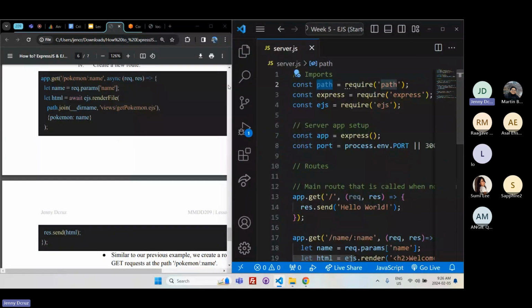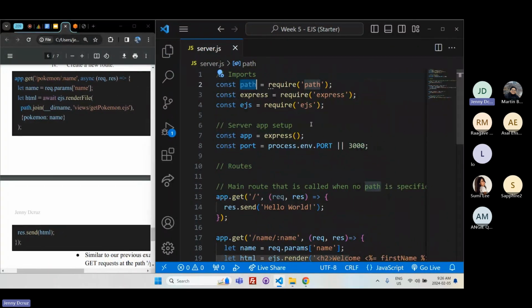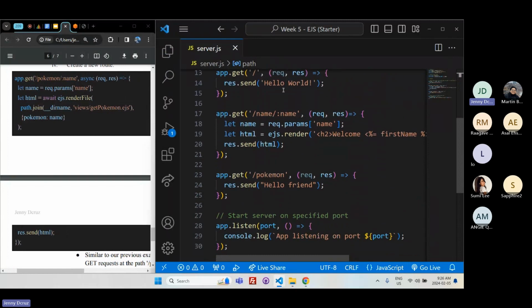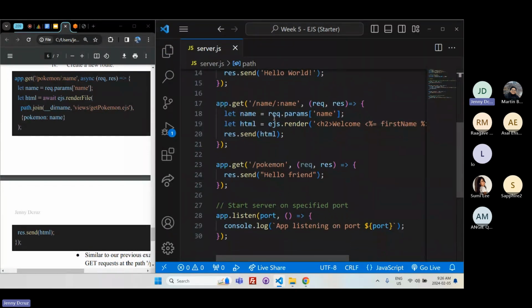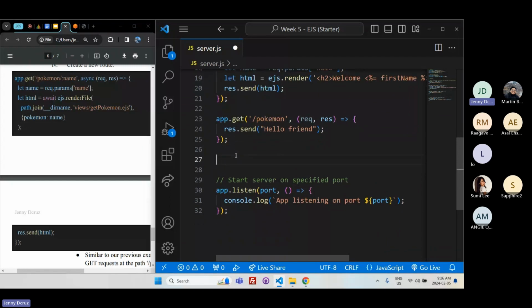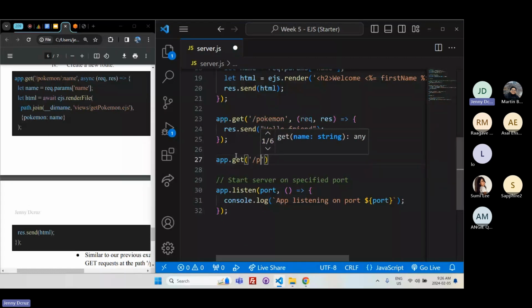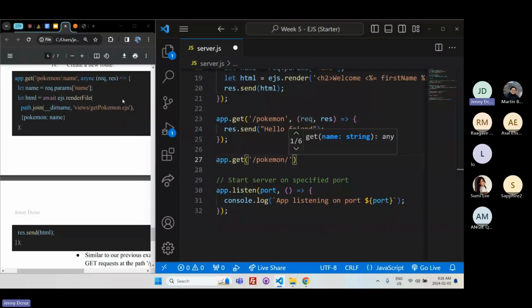Okay, so in server.js, let me minimize this. Let's create a new route. Right after our homepage route, our name route where we are using inline EJS, and our Pokemon route that we have, let's create another dynamic route. I'll call the app.get instance, and I'll specify that we need a new route called Pokemon. In this route, firstly, we'll use that external EJS file to display an entire HTML page. And secondly, what we are going to do is,